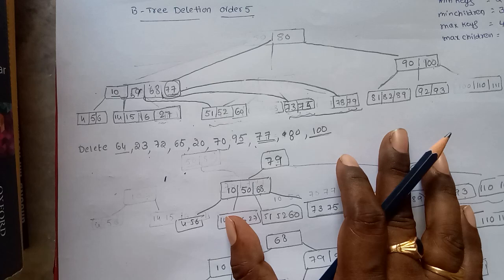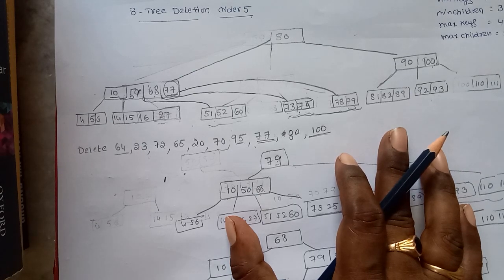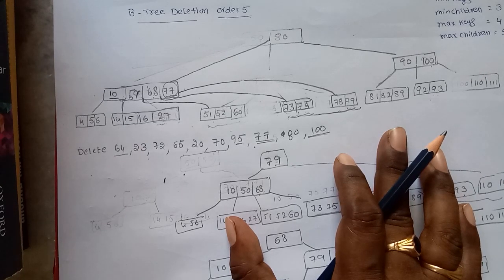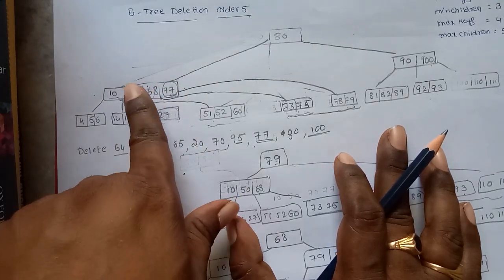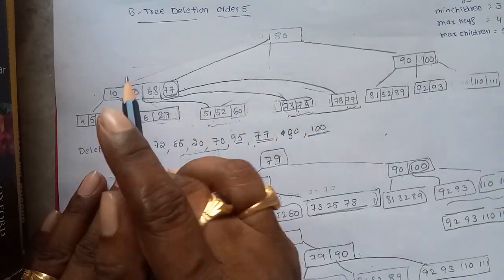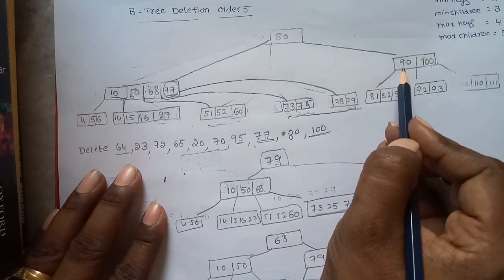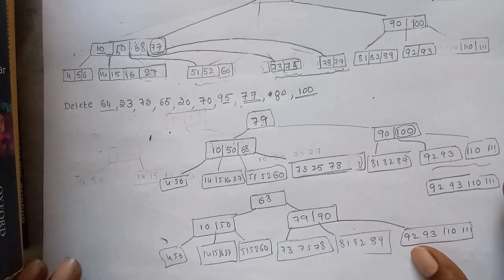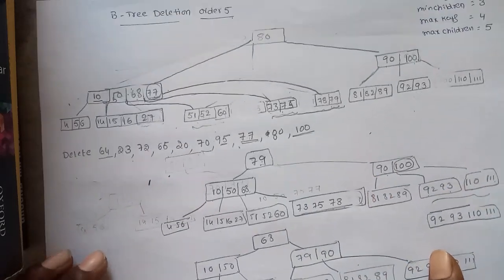what to do? Perform the merge operation. In the process of the merge operation, consider the parent also, that is, bring the parent down to the child level, and then perform the merge operation. After taking the parent into the child level, if the parent also violates the property, again apply the same procedure, that is, again check for the sibling. So the process is repeated. Only the root contains at least one element. So this is the B tree deletion of order 5 by considering all the cases. Okay, thank you.